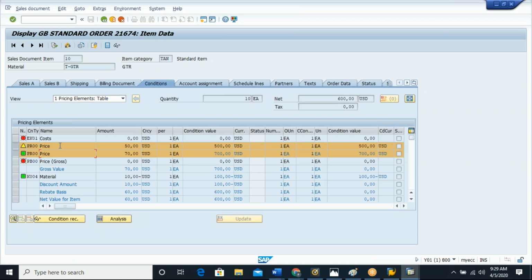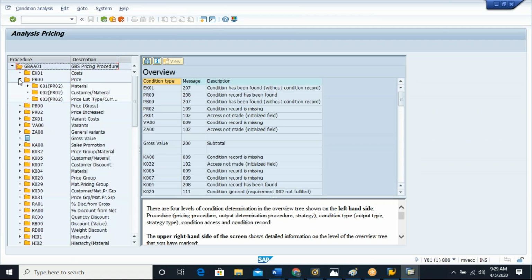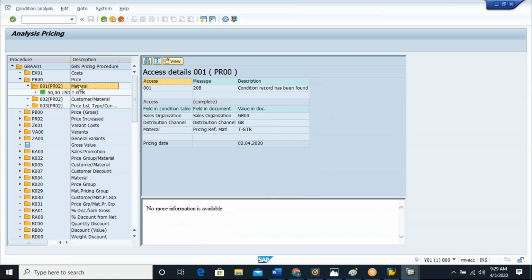Why is it inactive? Why is it not taken into consideration? Why is only the PR00 $70 taken into consideration? Because this is the more specific one. If I go to the analysis, PR00, okay. So this is at the material level, right? This is at the material level. And then this is at the customer material level. So which is more specific from the system perspective? The customer material is more specific. So that's why it takes the $70 as active and the $50 is inactive, because the material level is